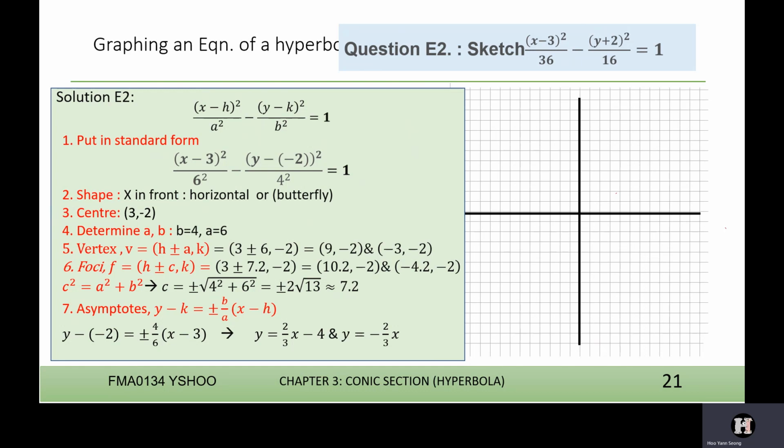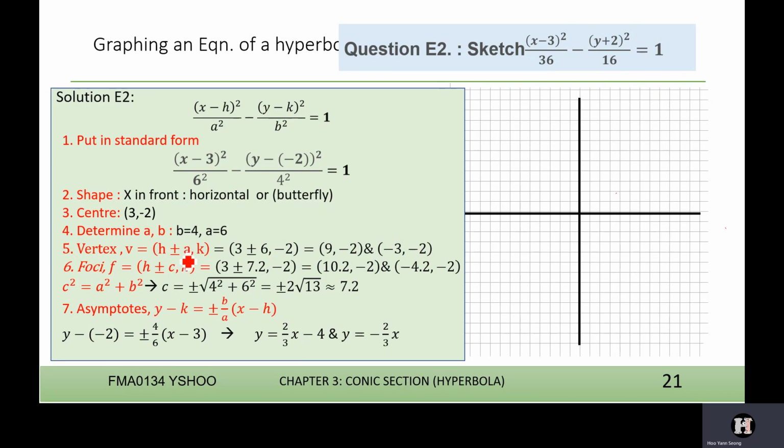Then, as usual, the one following your x is A, and the one following your y is B. So my B is 4, my A equals 6. Now, just now I didn't discuss what is meant by our vertex and the calculation over here. If you want to follow the calculation here, you need to remember, when you have the form of the horizontal, your formula will be h plus minus